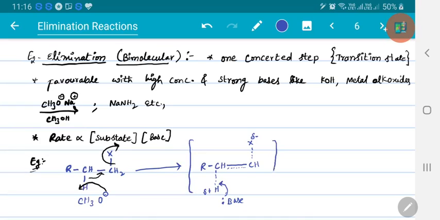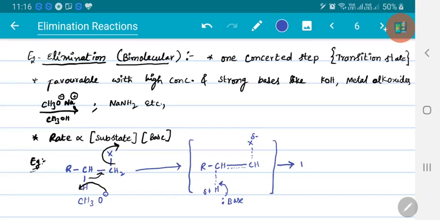Whereas in nucleophilic substitution, both the nucleophile and the leaving group should get partial negative charge. But here the beta hydrogen gets partial positive, and the leaving group gets partial negative. Here also the anti-periplanar condition, that means a trans-elimination condition, a diaxial condition, whatever conditions we have seen for substrate in SN2 reactions, all those conditions are favored here.